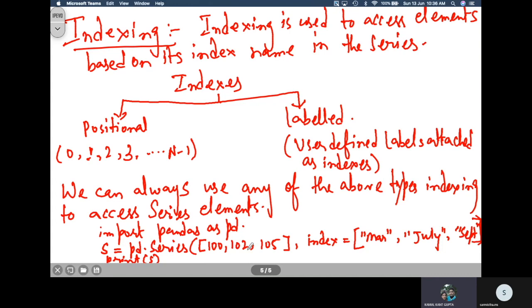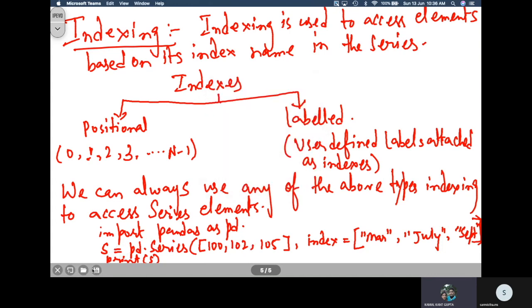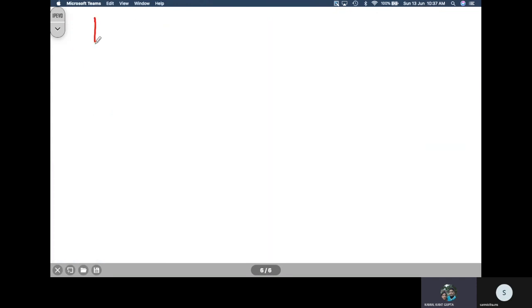But what if, going to the second page, I am writing in the next page? Just consider this page. We have created a series with values 100, 102, 105 with indexes March, July and September. Now what if I am going to the next page and writing print s?